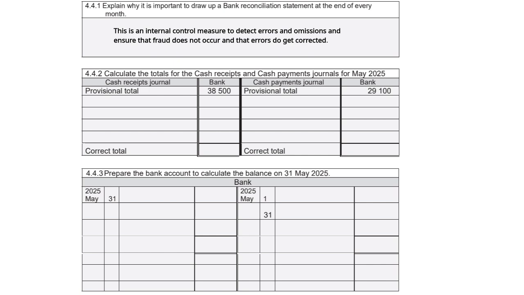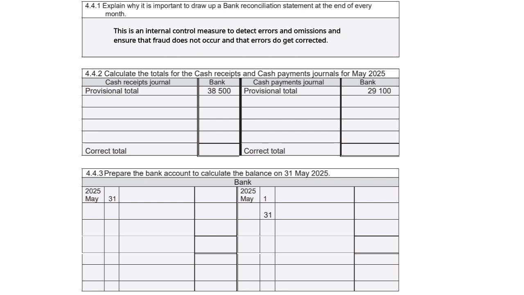4.4.1. Explain why it is important to draw up a bank reconciliation statement at the end of every month. This is an internal control measure to detect errors and omissions and ensure that fraud does not occur and that errors do get corrected. Then 4.4.2, we have to calculate the totals for the cash receipts and cash payments journal. Then we also have to finalize the bank account, and then we have to complete the bank reconciliation statement on